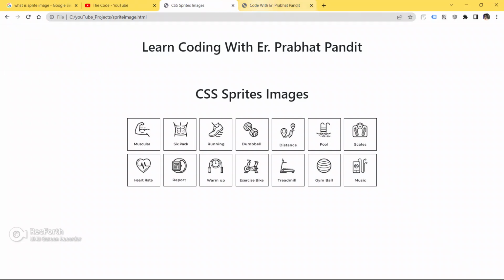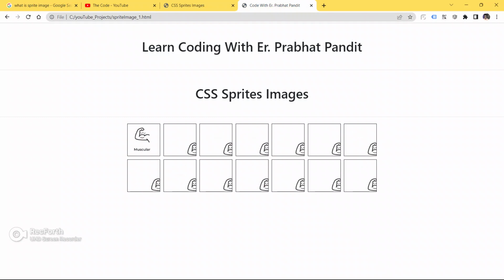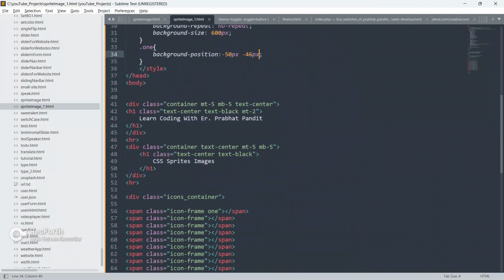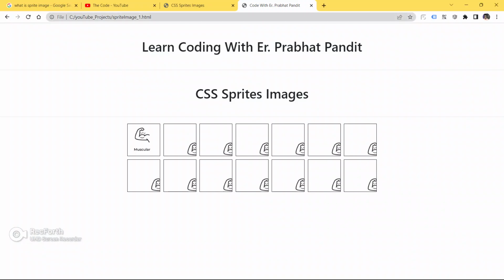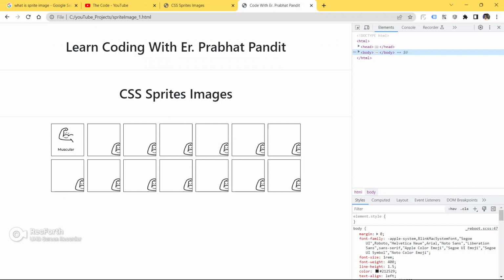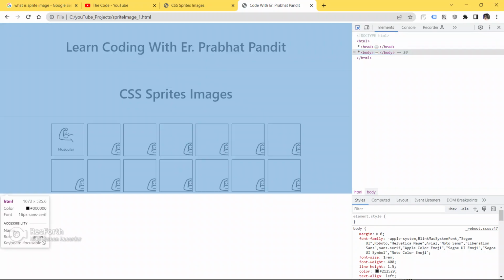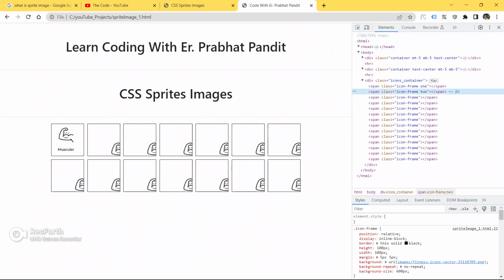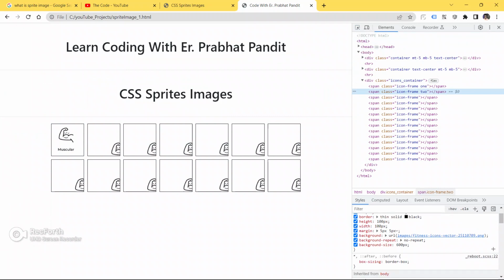Let me bring up the example here. This is the example, and this is our code that we are working on. Now put class 2 here. Let me show you one more thing. We can also inspect, and put the background position according to the inspect.